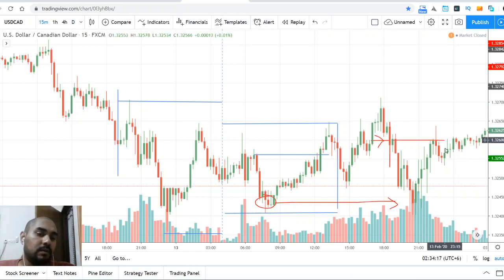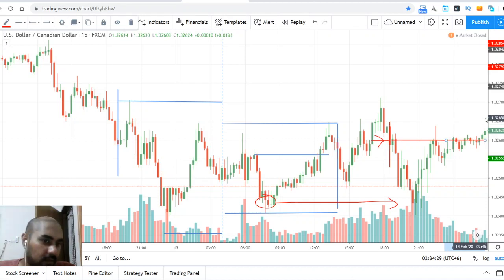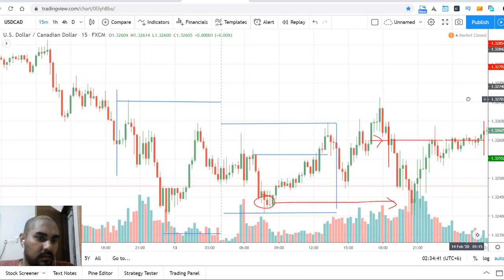So I need to close this here now. Let's see if I can close it at break even. Okay, I should close it here at a small loss, but let's see